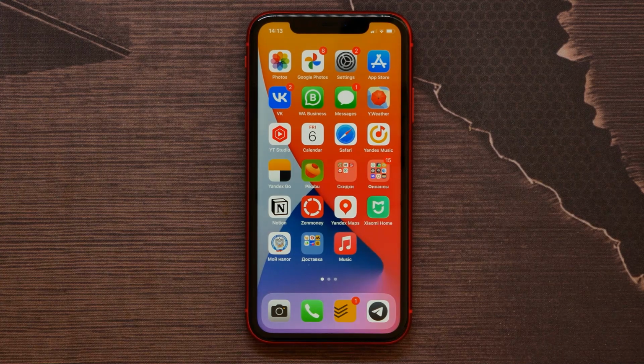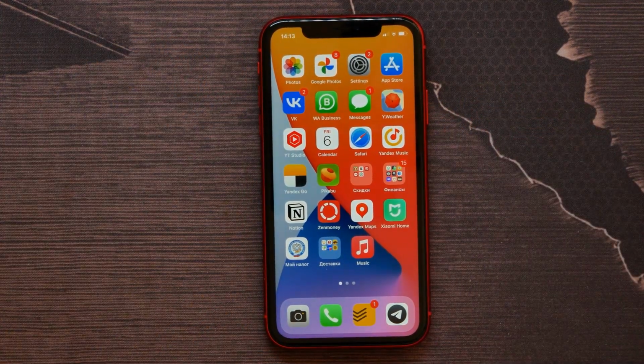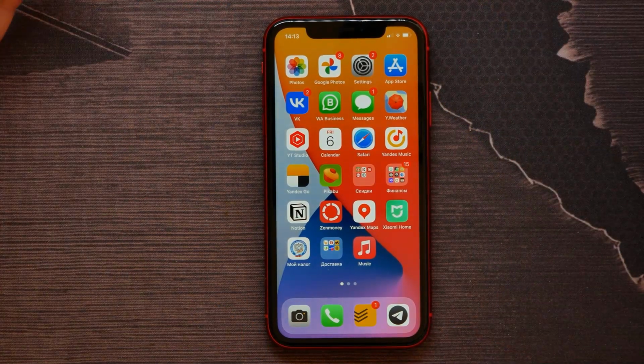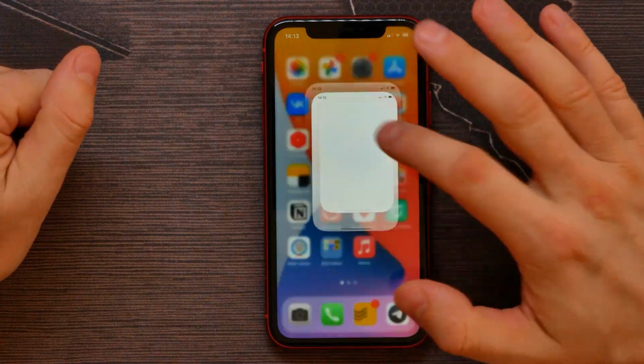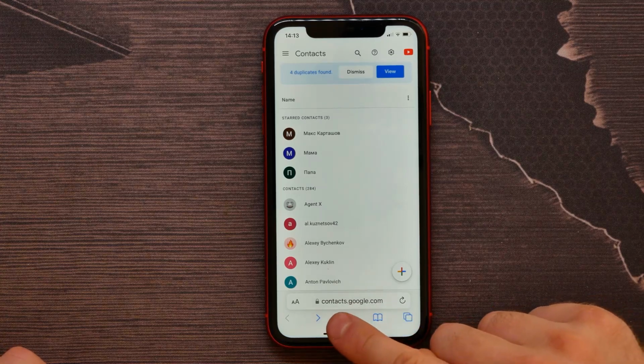In this video, I'm going to show you how to export your contacts from Gmail to your iPhone. That's quite simple and easy, so let's begin. And first, let's open up your browser and get to that page,